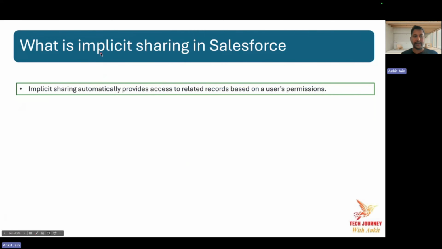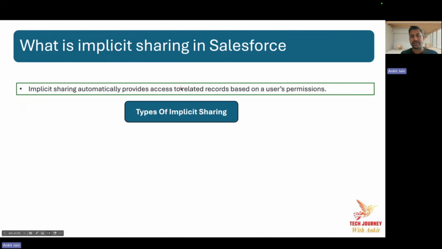That is nothing but implicit sharing. This is the key here: access to the related record. Whenever you are accessing the child, you have to extend the access to the parent, and whenever you are accessing the parent, you have to automatically extend the access to the child.